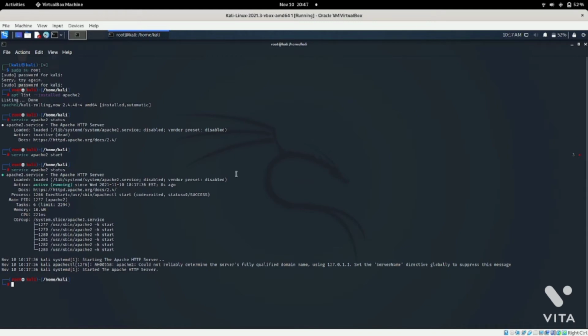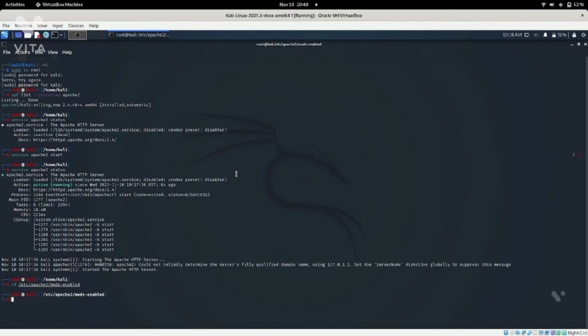Now we have to configure the CGI. Whenever we install the Apache 2 server, we have to manually configure the CGI. For configuring the CGI, you have to go inside the folder cd /etc/apache2/mods-enabled.